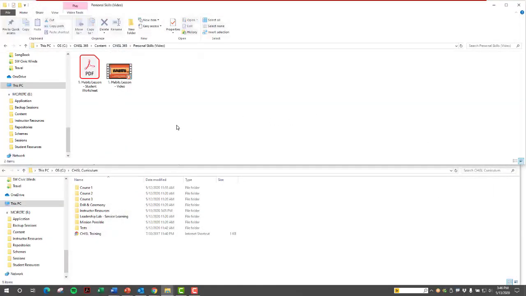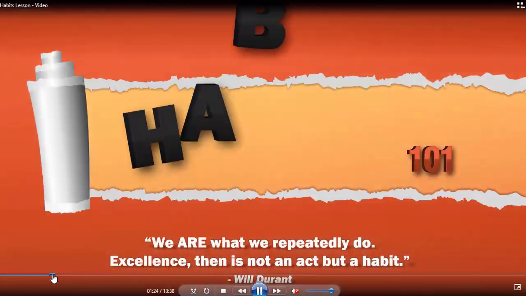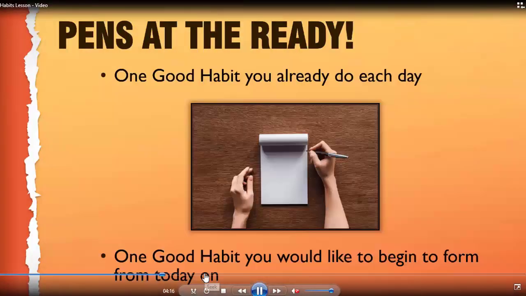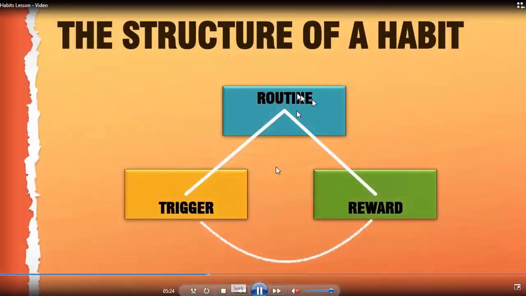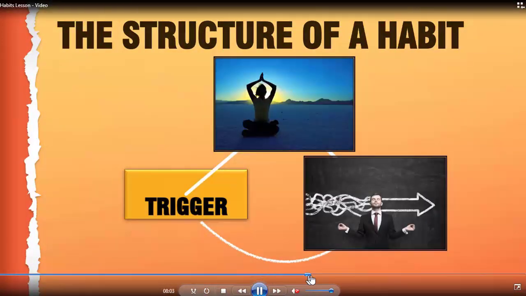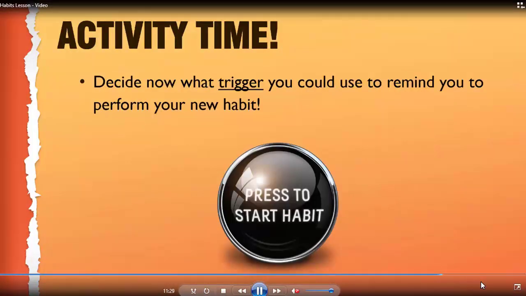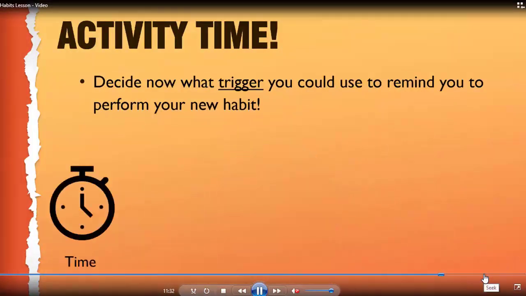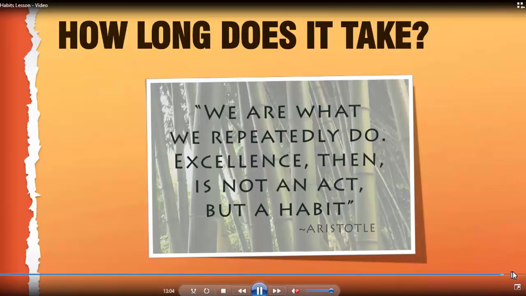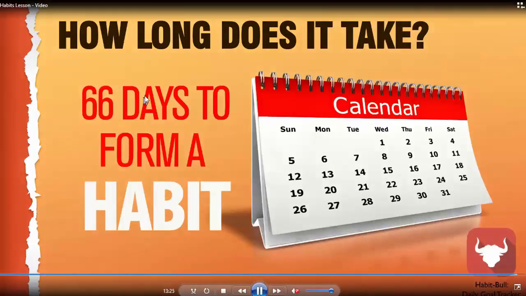Personal skills video. This is a friend of Donna's. His name is Dave Donahue. Does an amazing job. He's a life coach. Just has the coolest accent in the world, but walks through how to create habits and gives you some great insight on how to do that, why habits are important, walks you through activities of actually setting habits. The structure of habits, trigger, different things like that. What is a trigger? How to choose the correct trigger for the habit that you're trying to create. And then again, following through to actually doing that. And it gives you an app here at the end that you can start creating your own habits.